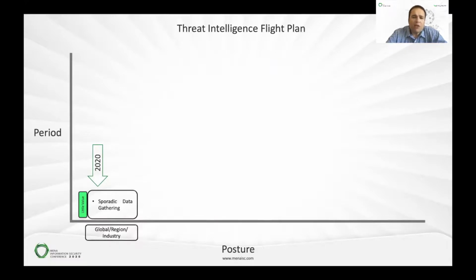So let's say, for example, if you're looking at a flight plan for a threat intelligence program, and this would be, let's say, 2020 and you are at level 0, there's probably little value in your data gathering, because you're just grabbing data from thin air and trying to make sense of it. And you're looking probably at a global perspective and a region and industry perspective. But once you set the plan in motion and drive your PIRs a little bit better,